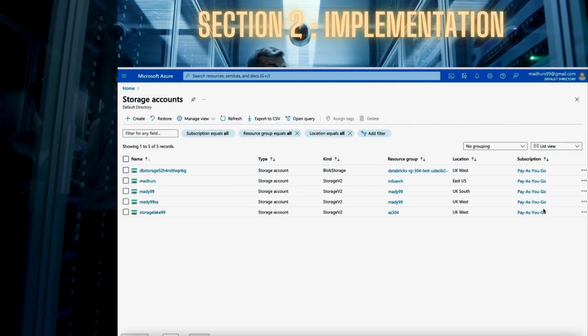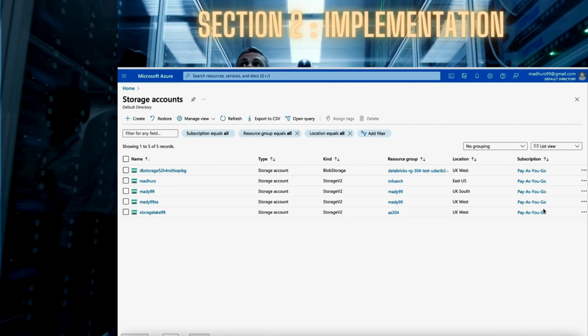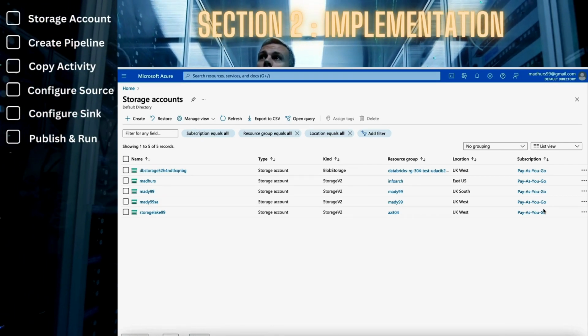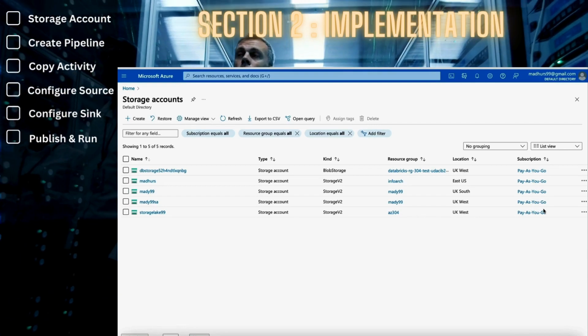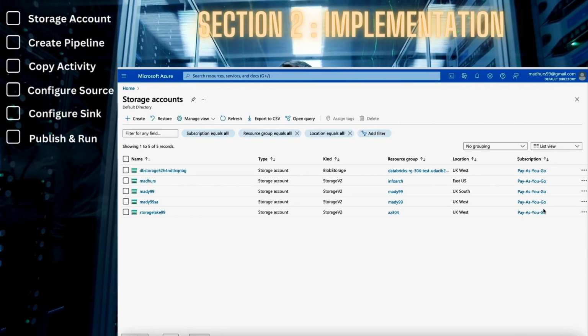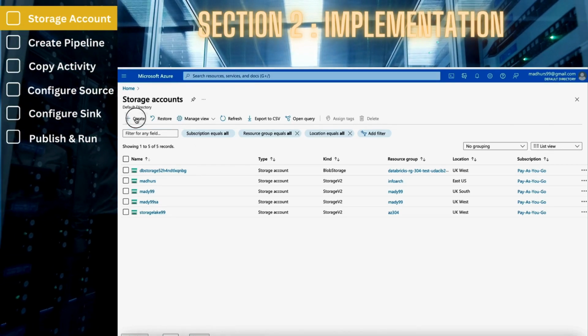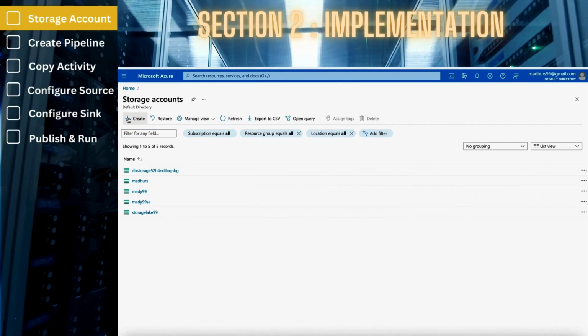Now that our technical design is ready, it's time to roll up our sleeves and implement the solution as a data engineer. So there are 6 steps which we'll be executing to implement the solution. The first step is to create Azure Data Lake Storage. So we'll go into the Azure portal, click on Create Storage Account,